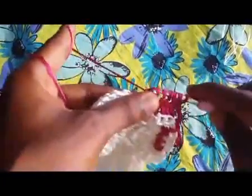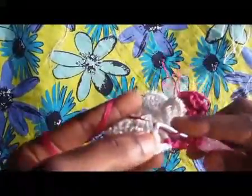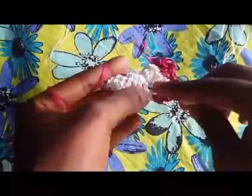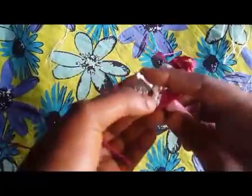First 2, and then second 2. Yarn over again. We're doing the 7th one. Same process, just from the back. You put your pin from the back to the front and then to the back, holding that triple crochet chain, and then the first 2,